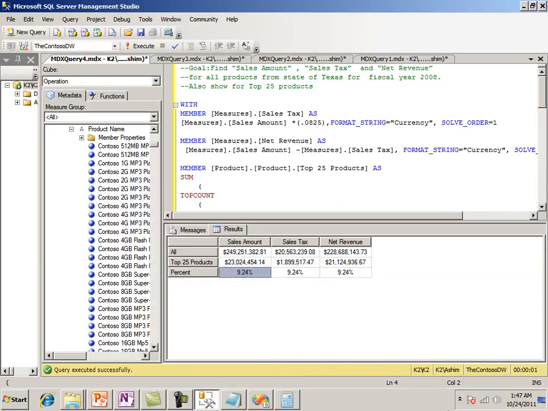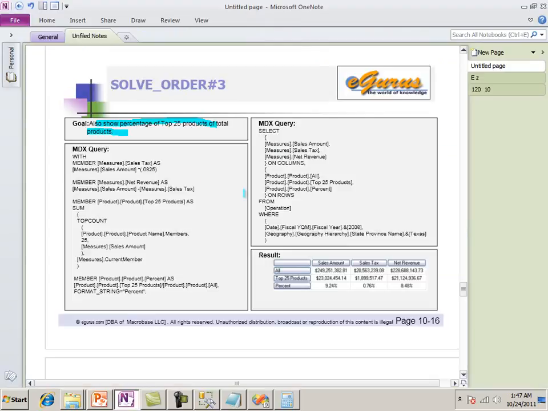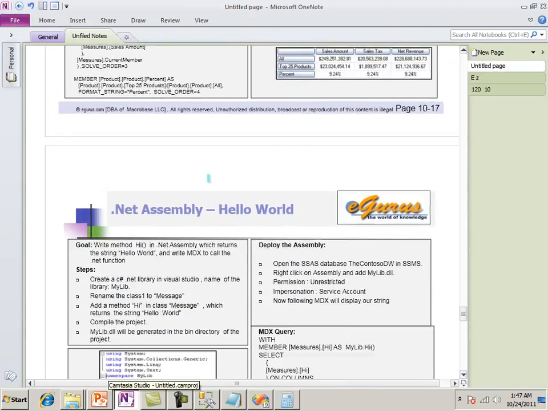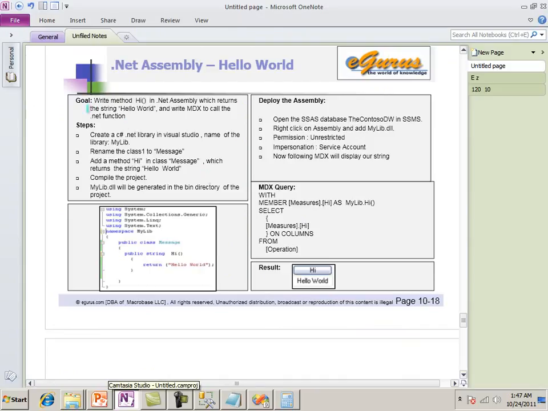So our next topic is .NET assembly. This is a hello world for .NET. The idea is to give you an introduction to what it is. So write a method hi in a .NET assembly which returns a string called hello world, and then write MDX to call the